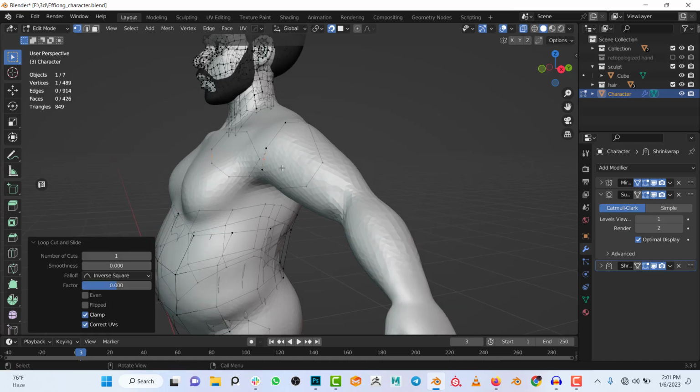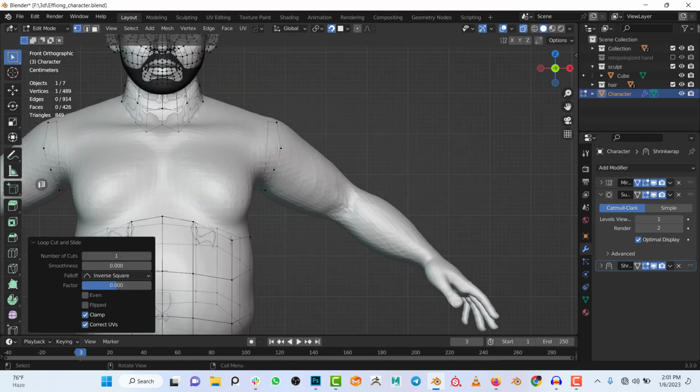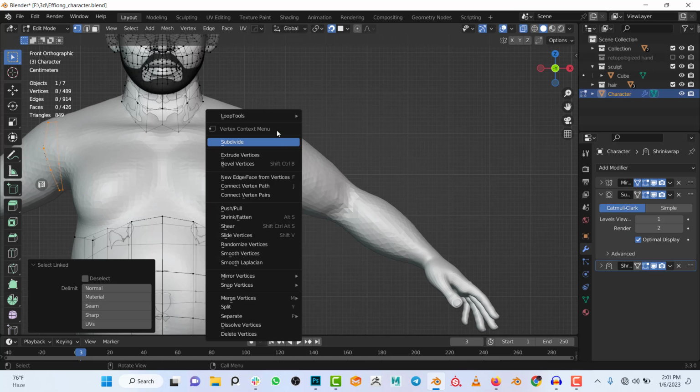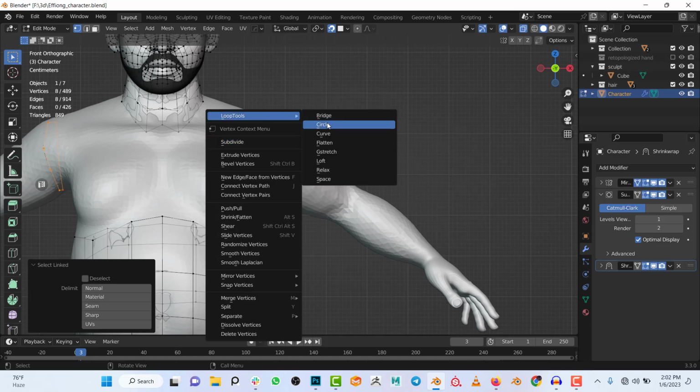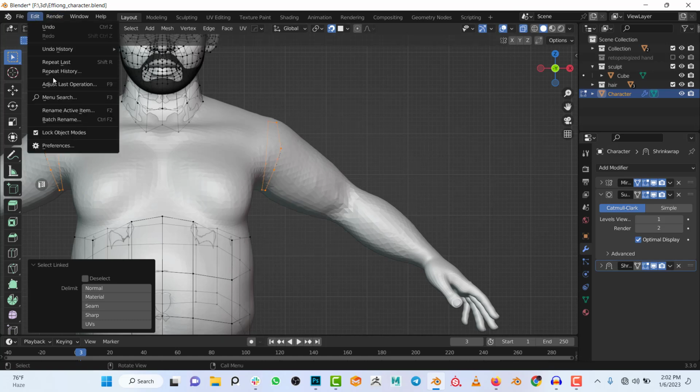this small part here and add in a loop cut. Right click and subdivide, or just Ctrl R to add in a loop cut at this point. So currently, yes, it's not even. So I can just select this and right click, and under loop tool, I will see this